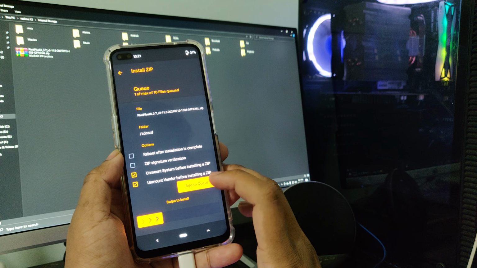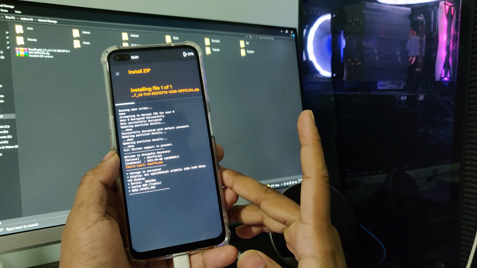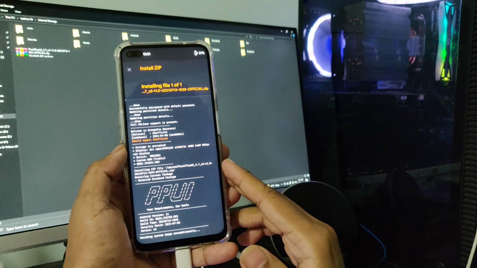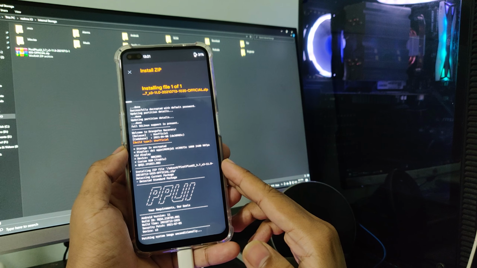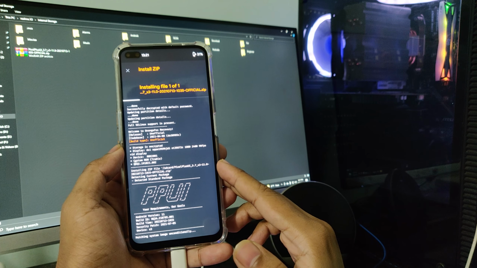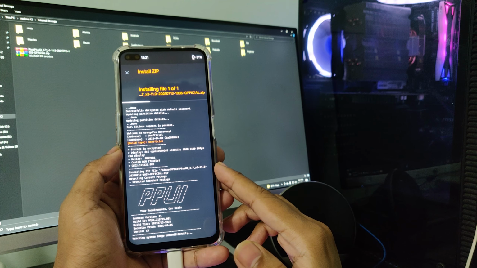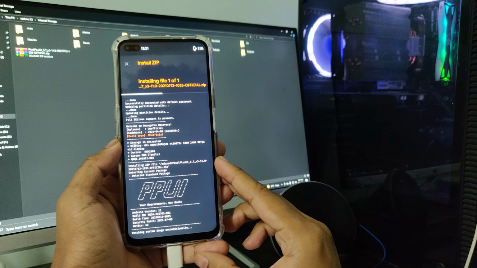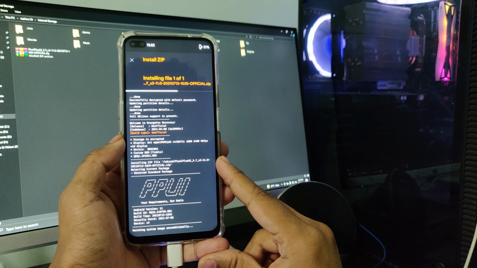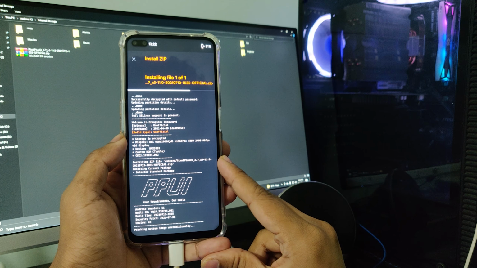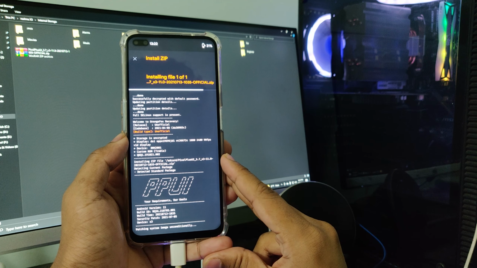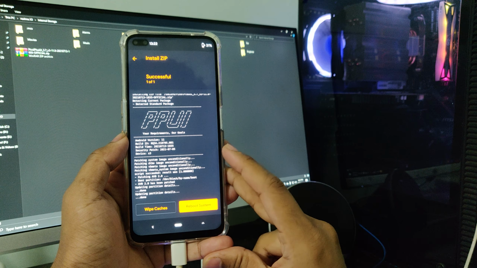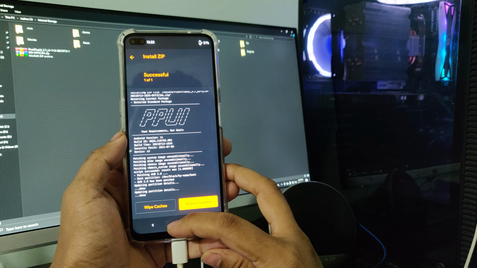Now click on the Pixel Plus UI and swipe to install. It will take some time. After finishing that, click on the back button.